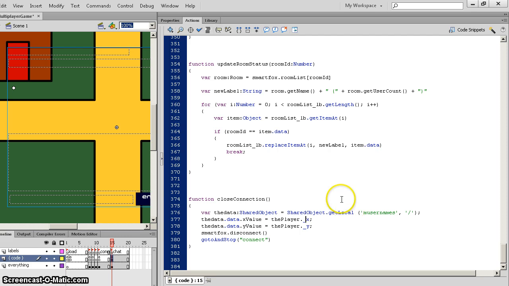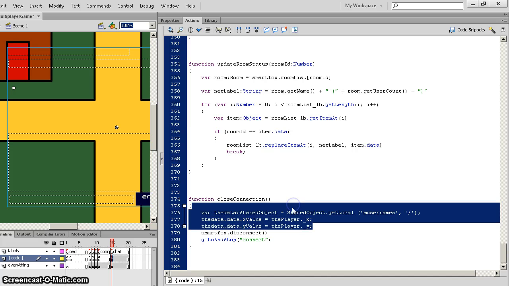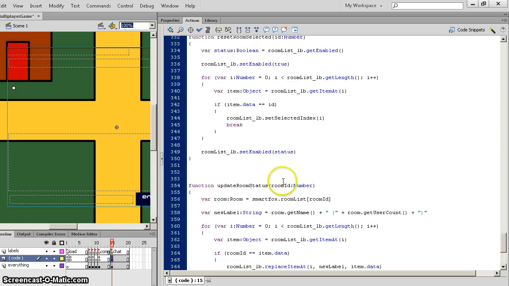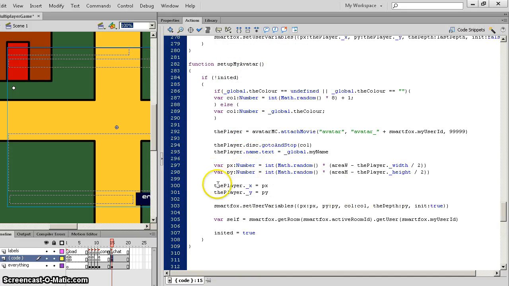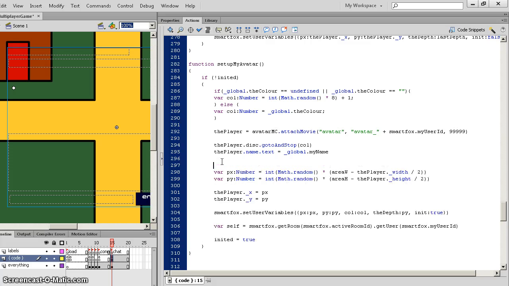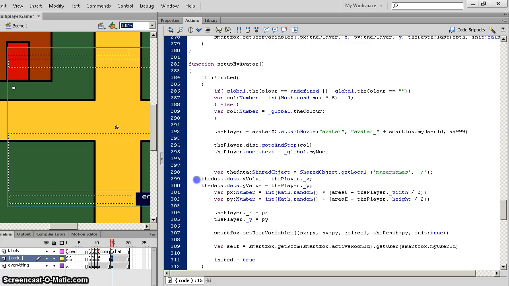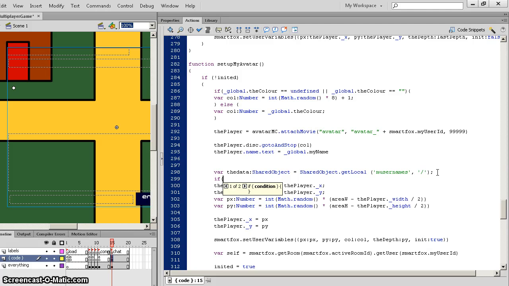We would also like to load this up here, so just copy this, go into set up my avatar, and right where we're going to change this, well, above the px and py, just paste it and say if the data.x value is not equal to undefined, which means if you have already saved your x value,